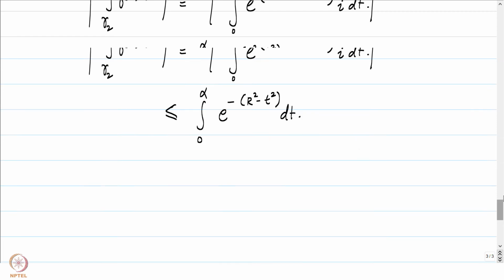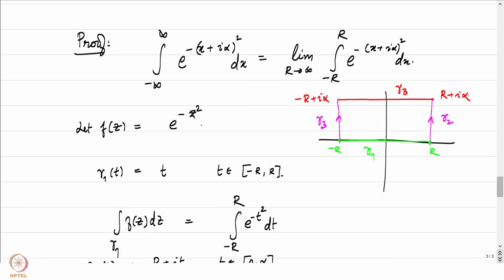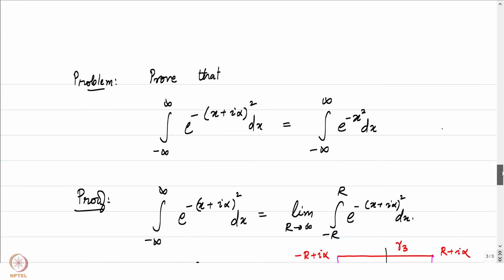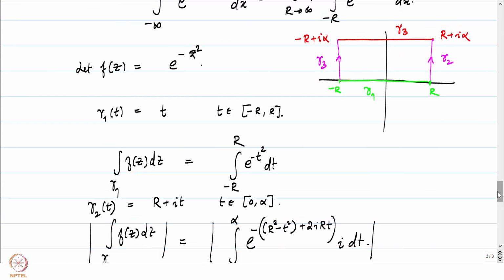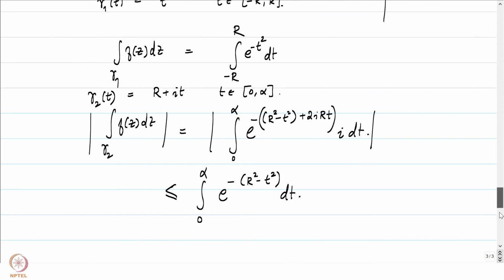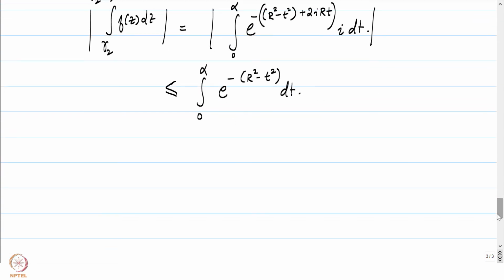Notice that t square is going to be less than or equal to alpha square. So, notice again that alpha is not necessarily a positive number. Oh, I did not write that in the problem. For all alpha in R, we have not put any restriction on alpha being just a positive number. Alpha could be any real number. So, the figure that we have drawn might not be representative. It could have been the case that gamma 3 is in the lower half plane rather than in the upper half plane. However, whatever conclusion is being drawn here is going to be right.